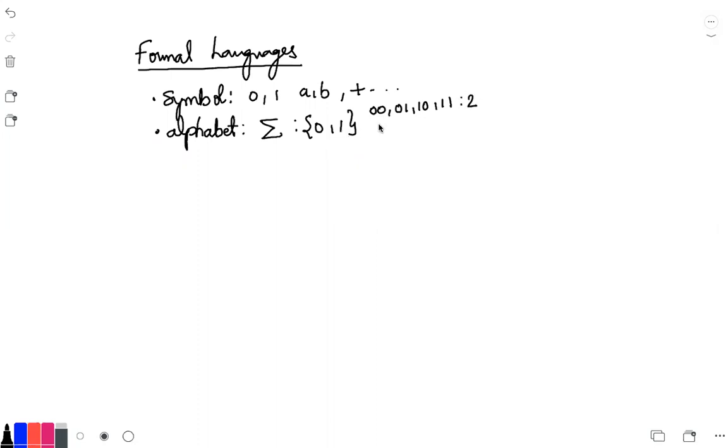So this is length 2. If I take length 3, it will be 000, 001, 010, 011, 100, all such possible combinations. So we call alphabet a range, not a character. Character is a symbol. Each and every individual character is a symbol in formal language, and alphabet is the range. What are the symbols that we are dealing with? That we call the alphabet. These we call strings. So any possible combination of the